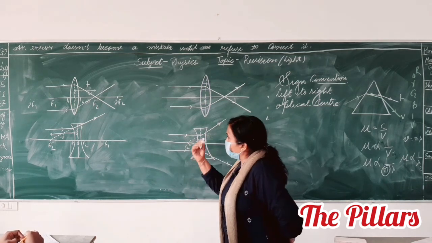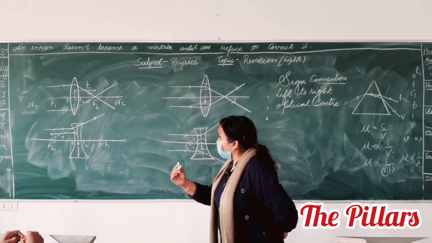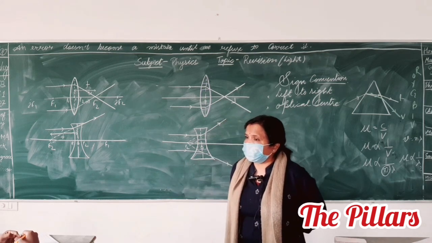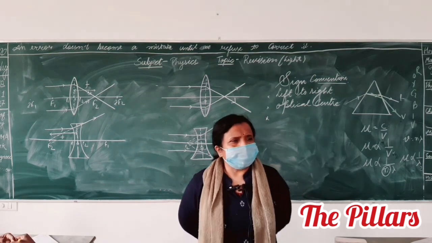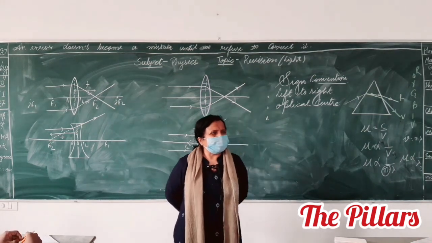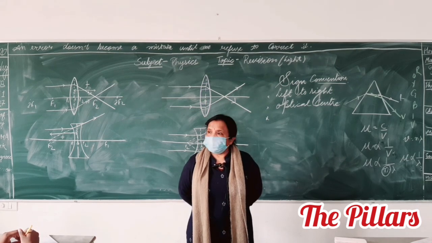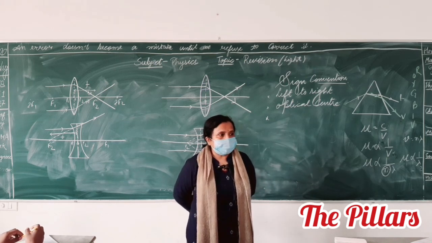Can you draw it on the board? No. Khushi Pandey, define optical center. It is a point on the principal axis directed to which rays, after reflection without any deviation, meet at the point. From the light to optical center, the light passes without deviation.